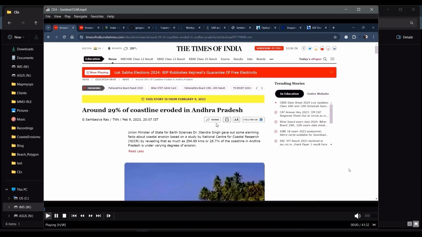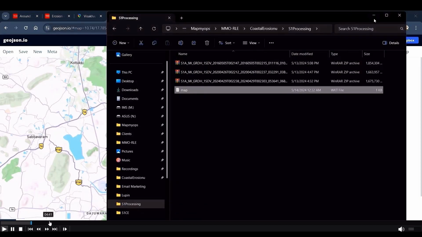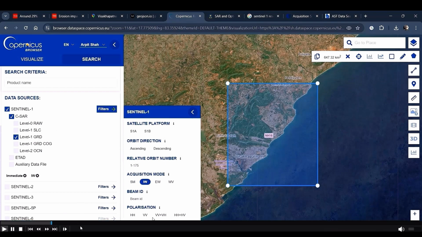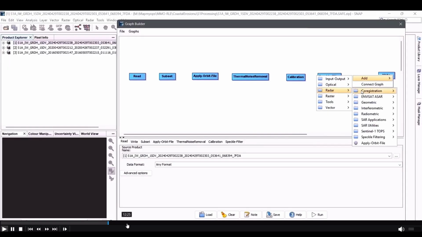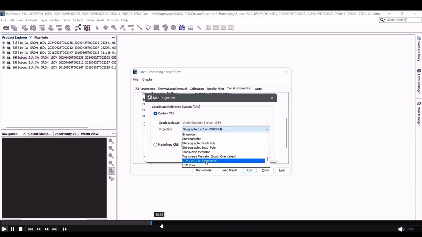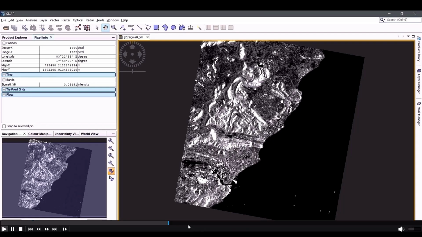In the fourth workflow here, I had downloaded for the area of interest, which is Vizag coast in Andhra Pradesh, a different type of satellite imagery from the Copernicus browser. This type of imagery is known as SAR or simply radar imagery, which has a unique feature in that it is able to collect the Earth observation information even at night and remains unaffected by weather conditions such as cloud